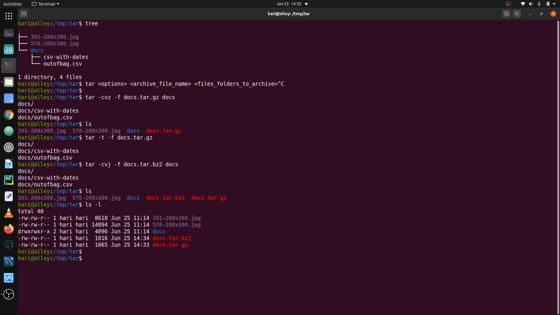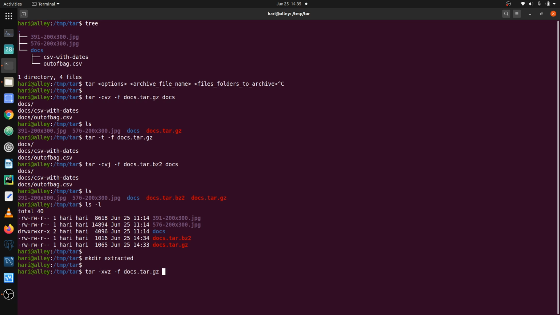That's creating an archive from a folder. Let's extract the archive to a particular location called extracted. We extract an archive using the -x for extract, v for verbose, and -z for the compression algorithm, and -f to specify the archive file.